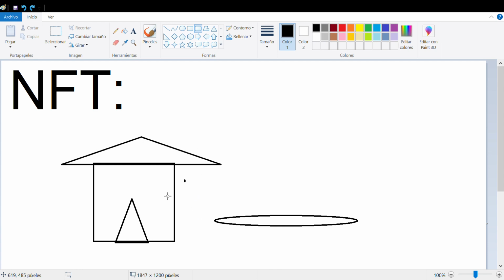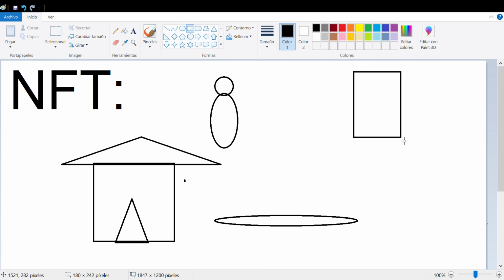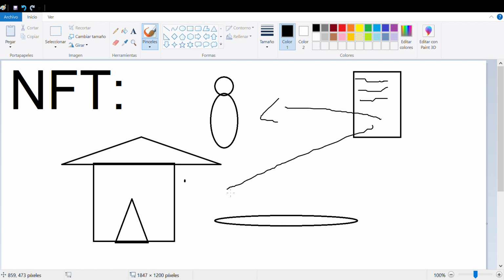What determines that you own this house is that you got some letters in the bank, let's say, that say this person owns this house, and that's it. If anyone wants to buy this house, they have to talk with you, basically.